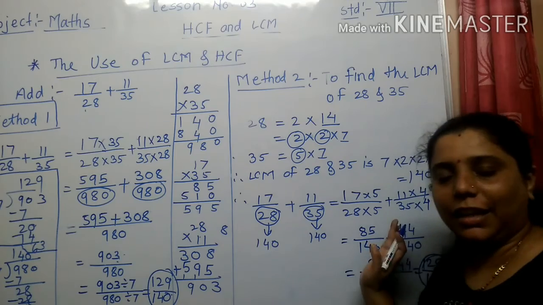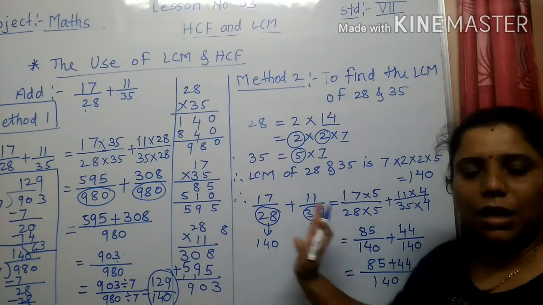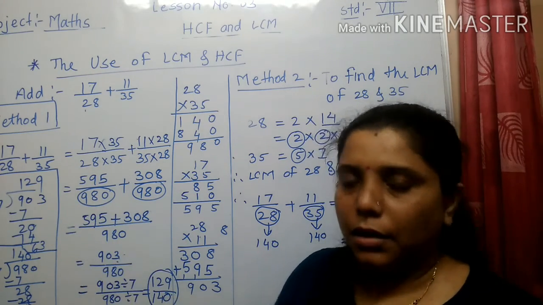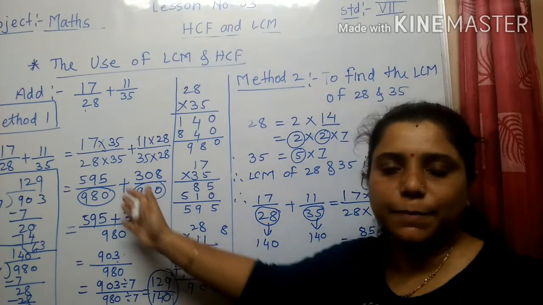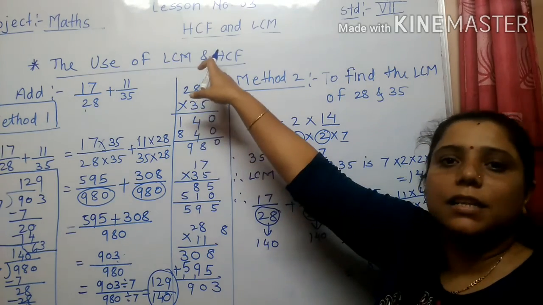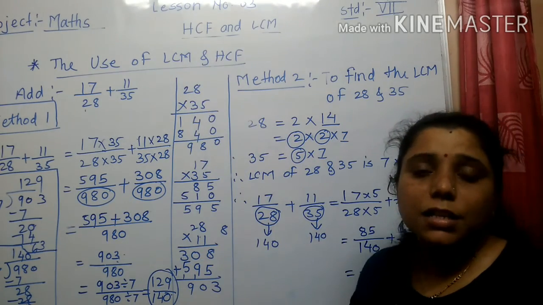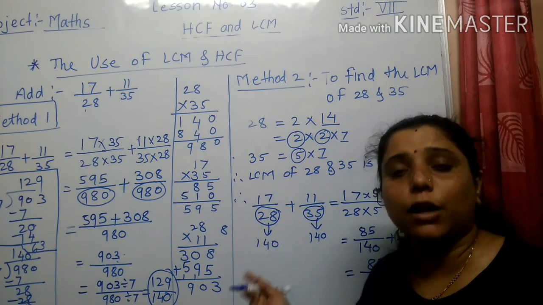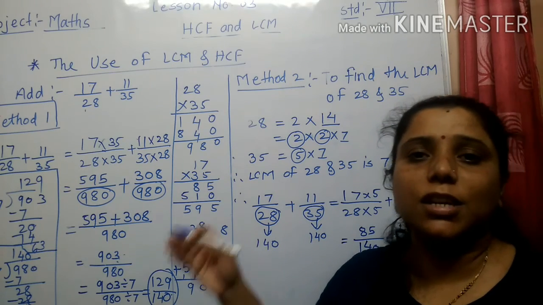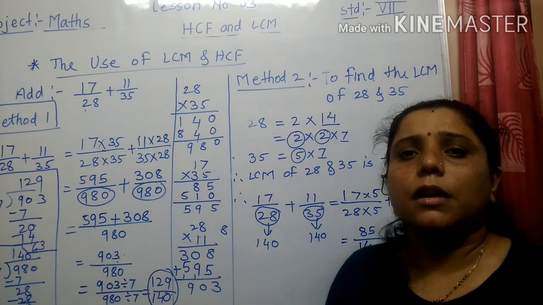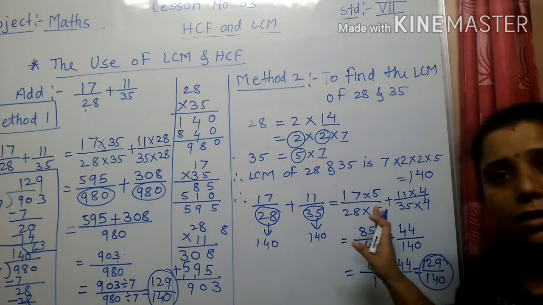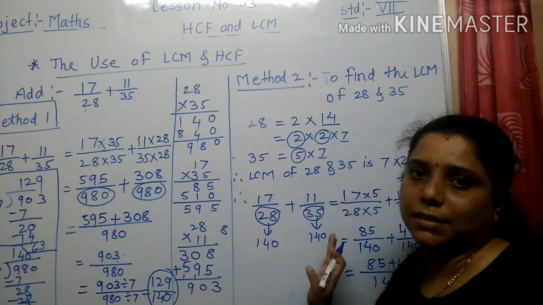After explaining both the methods, the first method is quite lengthy. It takes time. If you don't know the concept, you can use the first method. Now you learn the concept of LCM and HCF. That's why the label is given as the use of LCM and HCF. You are learning the concept of LCM and HCF and using it in different concepts in mathematics, like fractions. Many times, when you have to find the LCM or HCF, you will require such an application-based concept.